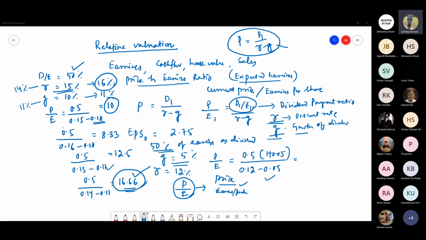Stock is overvalued, right? Undervalued. Yes, sir. Stock is overvalued, right? Stock is overvalued. So that's why it is not good for investment in the future. Anyway, that is the general intuition I'm talking about.